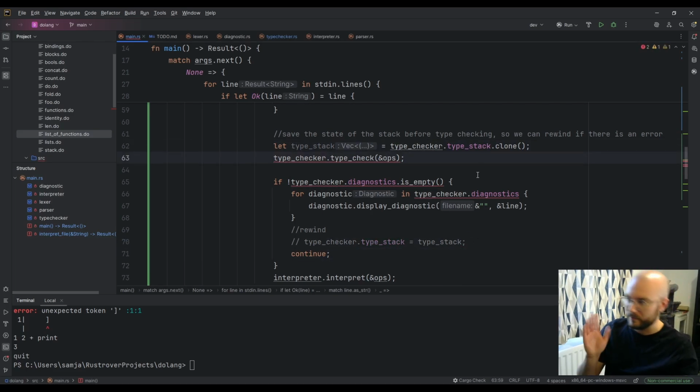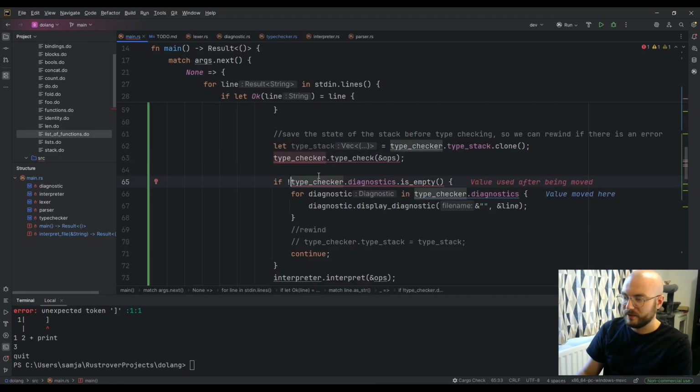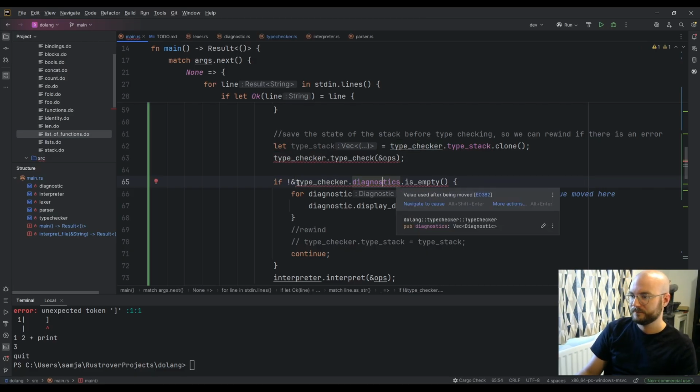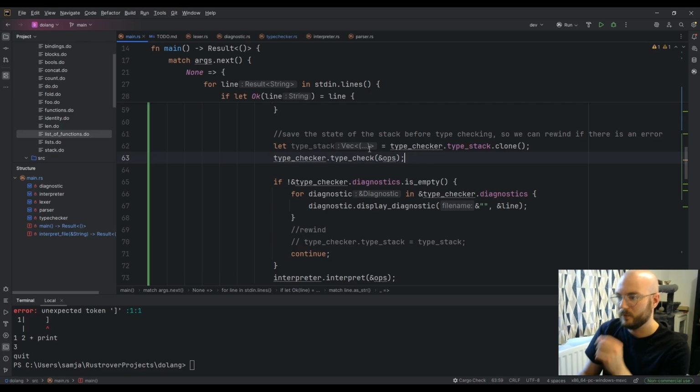Okay, this is the part where my Rust knowledge starts to break down, where I start using things that I shouldn't in orders that I shouldn't be. To be fair, I don't really need to own the diagnostics. Yeah, and then that's not necessary anymore.